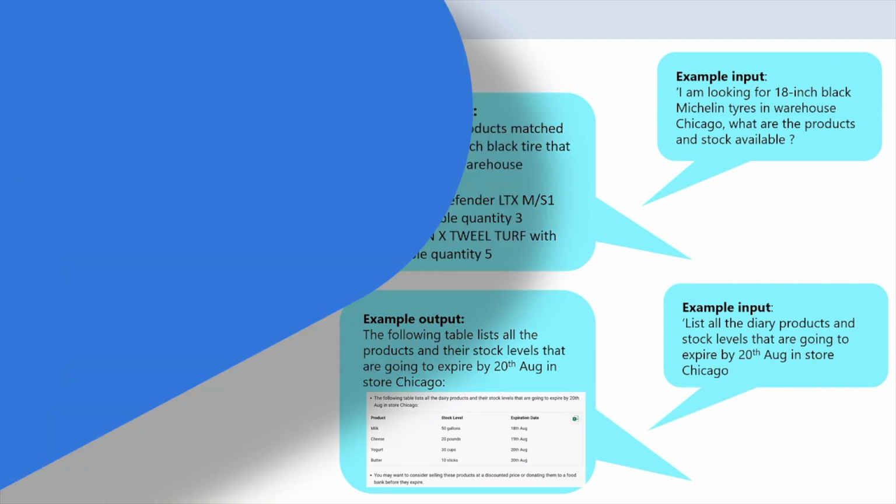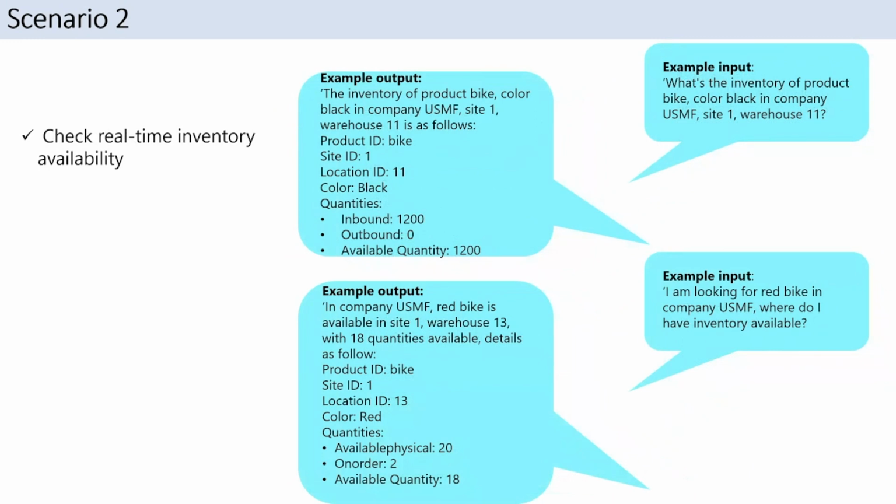And the next scenario is checking the real-time inventory availability. The Copilot for inventory availability has the real-time inventory information from various data sources. So the customer doesn't need to jump into a different system to check the inventory or open a search query in inventory availability to search the inventory or stock level. They can simply ask the Copilot in the Sidecar or call the APIs to ask,